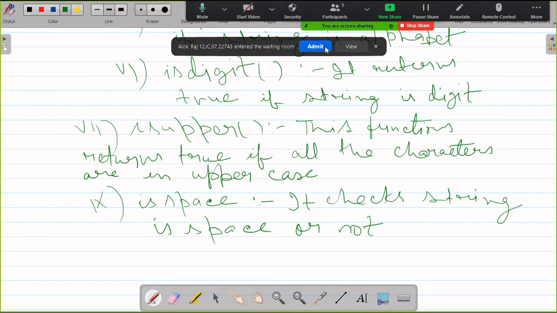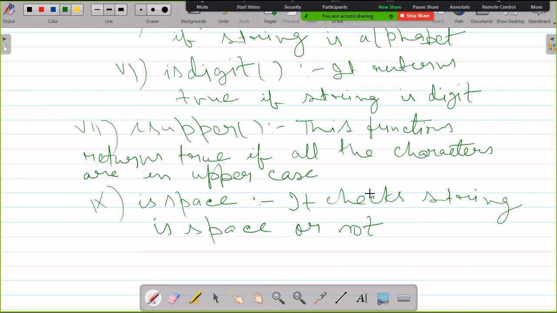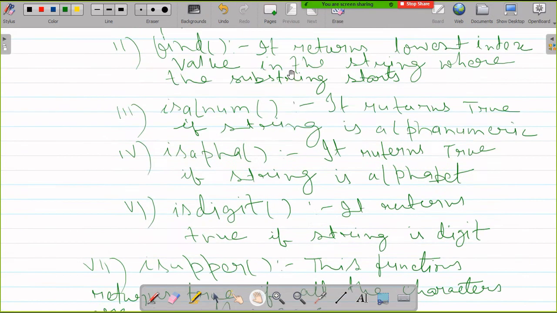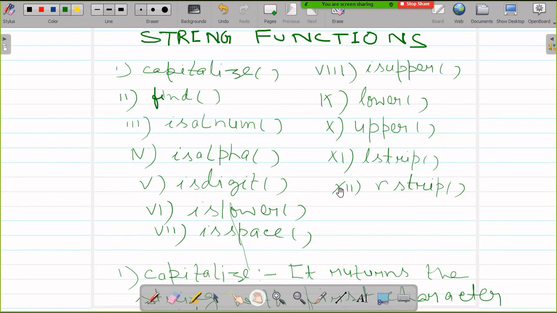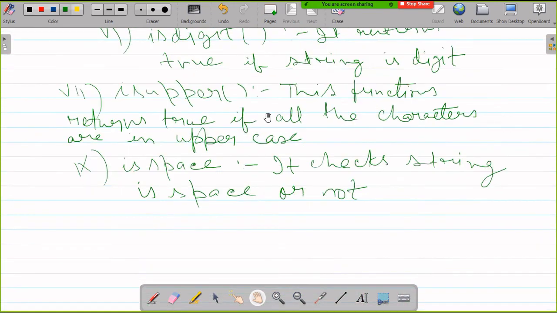So next function is isspace. Now we have islower, isupper, lstrip and rstrip. So lower function and upper function. The name is giving the meaning, lower.